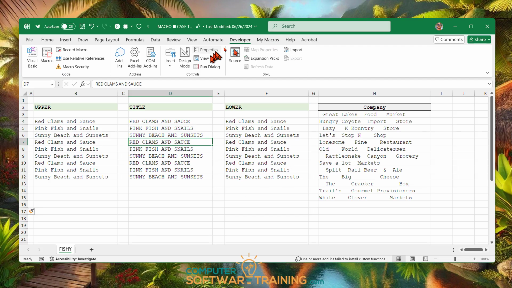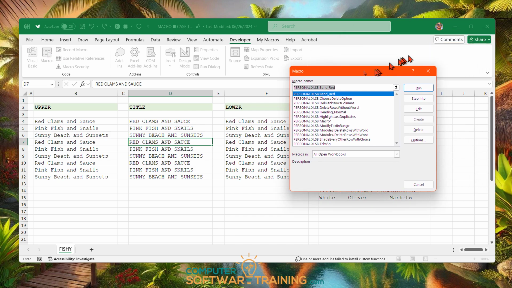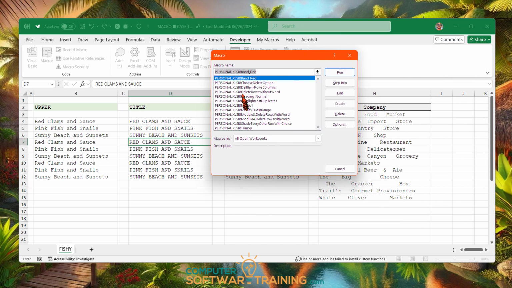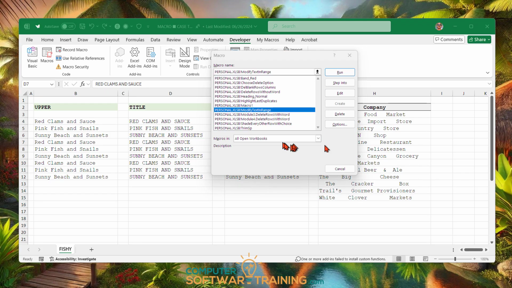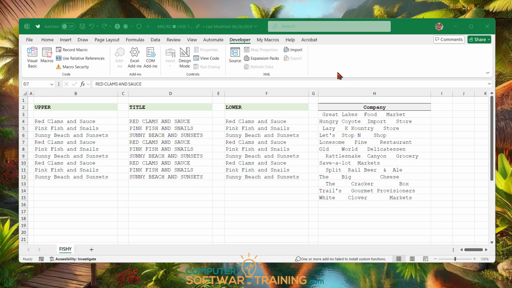Well, you go back to your developer tab. You go over here where it says macros, and you'll have listed in here every one of our macros. The macro that we wanted is the one called modify text in range, right? So you take that one right there. We click on run, or you can just double click it, either one. And lo and behold,